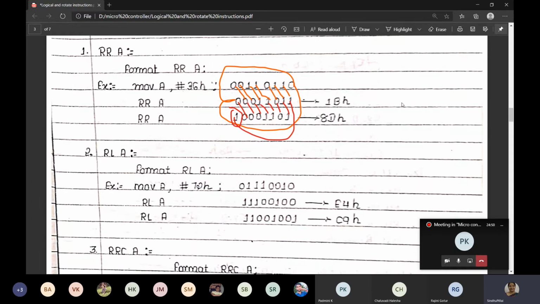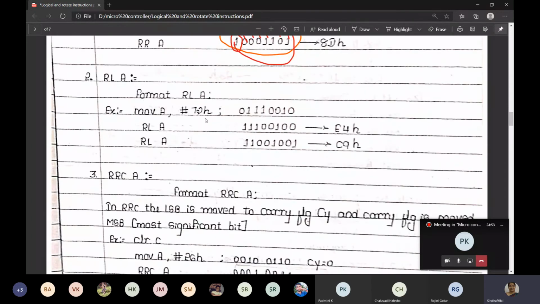This is rotate right. Now rotate left. The content is 72H. Rotate left means the bits go to your left, and from the MSB it should go back around. 72 is written as 0111 0010. Split it and write. First this MSB 0 will go back and the other bits will be shifted left, so this 0 will come at the end. So the MSB will become the LSB for rotate left. The same thing again: if you rotate once more, the MSB will be shifted back. I will just show you here.